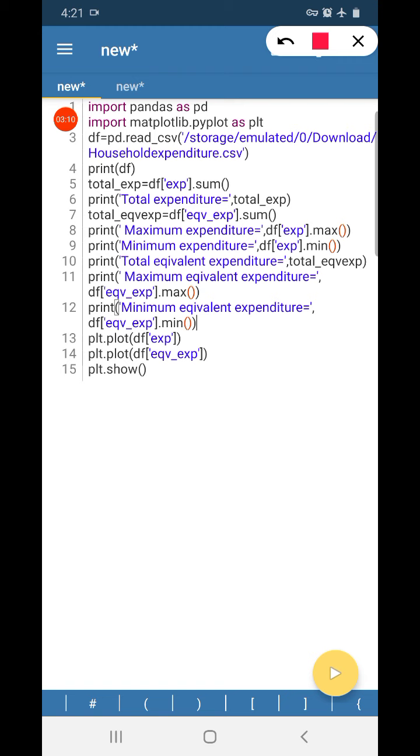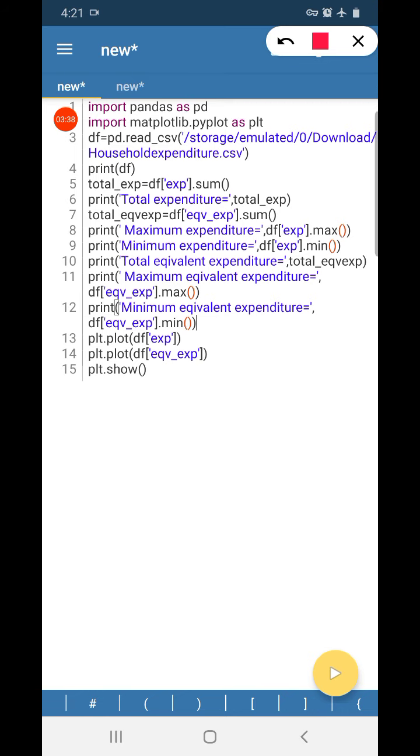graph. So here I am plotting a line graph showing the expenditure value, and in the same graph another line showing the equivalent expenditure. That is how the value of expenditure and equivalent expenditure are varying. Then plt.show to display the graph.